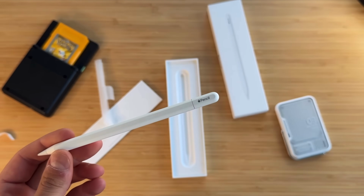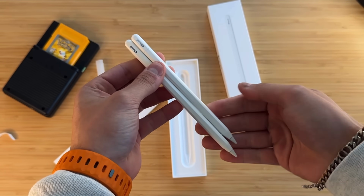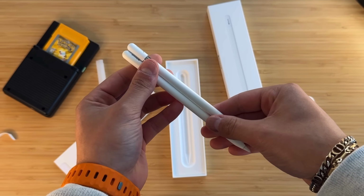So yes, it does attach magnetically to these iPads, but it doesn't charge or pair that way. The way that you charge and pair it is that it does have a little door that opens up where you plug in an actual USB-C cable to charge this thing up. So again, kind of a weird charging situation, but at least the cap doesn't come all the way off like